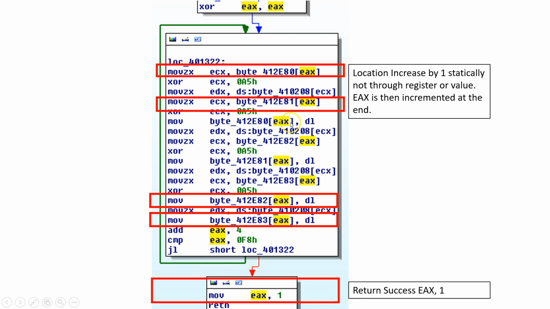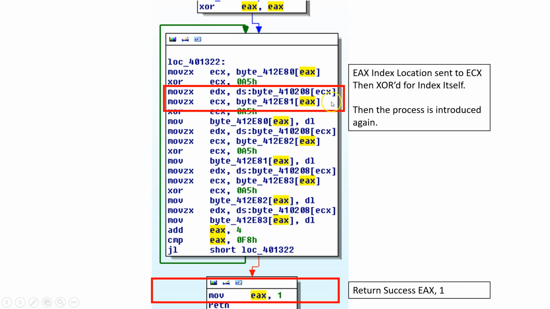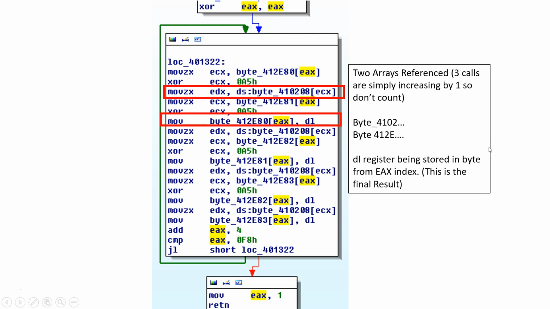Oof. It's real suboptimal, shouldn't be done like that, but it is. We are then moving that into ECX, which is fantastic. It is then XORed, as we can see here. It's the same value every time, which makes it very simple. It's just introduced again and again. You can start to see a repetition in all of the lines once you start to stare at it long enough. So we see the ECX value that we get here.